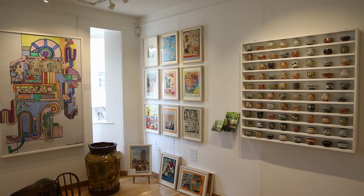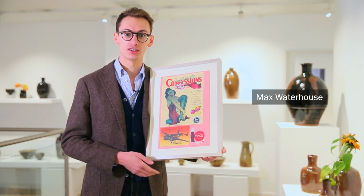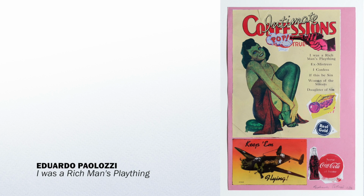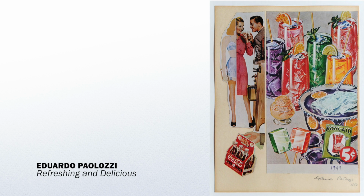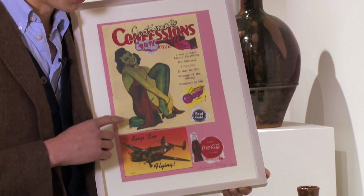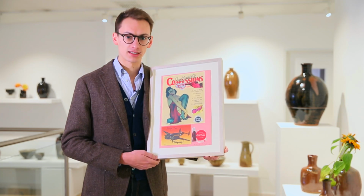There's quite an interesting story behind the Bunk collages. In the late 1940s, Paolozzi was stationed in Paris, where there were lots of ex-GIs and servicemen. Paolozzi got quite interested in the art of advertisements and graphic design. So he'd quite often go up to these American soldiers and ask them if he could have a copy of their pin-up postcards, pulp fiction novels, little bits of advertising from American magazines, and started to collate them to make